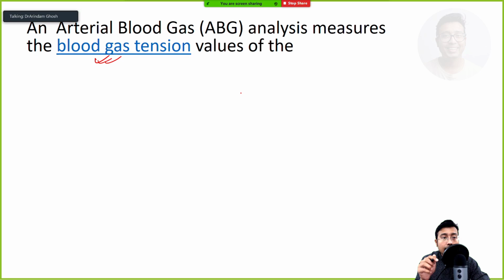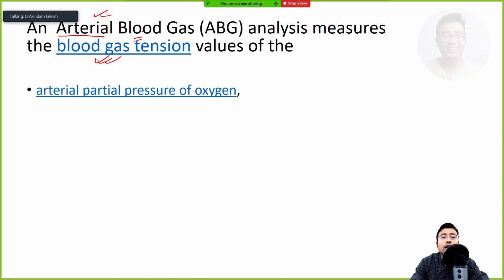But when we need to measure blood gas, the information by which we will get to know whether the patient is suffering from acidosis or alkalosis, a vein is not a good option. We need to probe into an artery. That is the main difference. With a routine blood sample, you cannot just do ABG because it specifically requires arterial blood. It is arterial blood gas analysis, not normal venous blood.